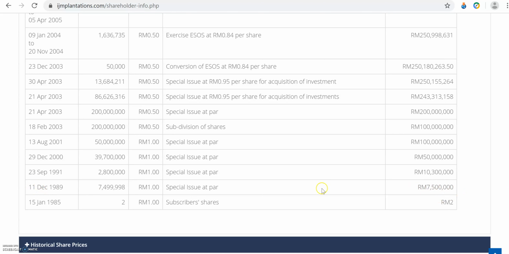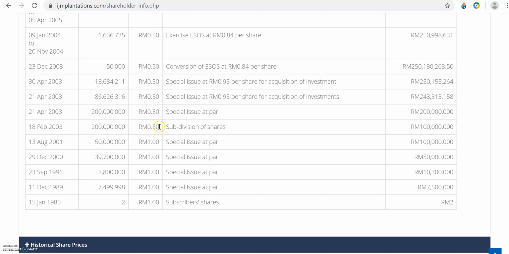Can you see 7.5 million, to which the shares were increased, 7,499,998, still at 1 ringgit. And if you look further, almost every 1 or 2 years, like 85, 89, 91, 2000, 2001,